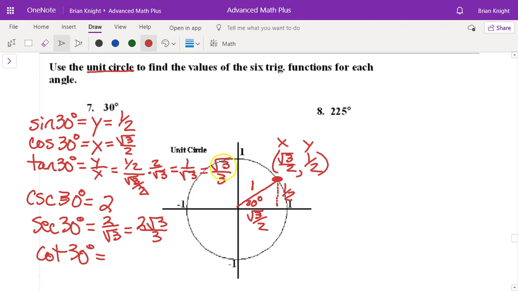Flip. I can't flip this, but I'm going to flip that one. What is 1 over square root of 3 flipped? Square root of 3. When you go to flipping, make sure you pick a good one to flip. That makes it less work. All right? It's a lot of red up there. Everybody good? Awesome. I'm going to leave it there for a second because I need to erase it before we